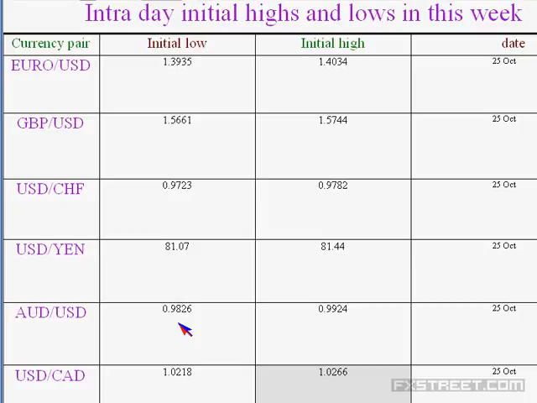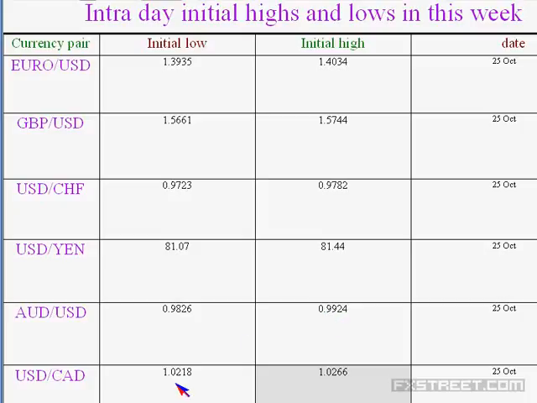Then, in the case of the Australian dollar, 98.26 was the initial low, which was intact, and 99.24 was the high, and they breached the high, and 99.40 has become the new high. Already about 110 pips they gained. So you come across the case of Australian dollars, nowadays big moves, because a lot of traders are taking positions in